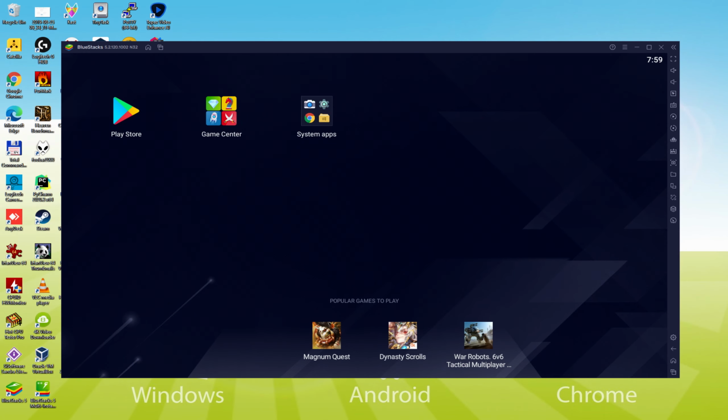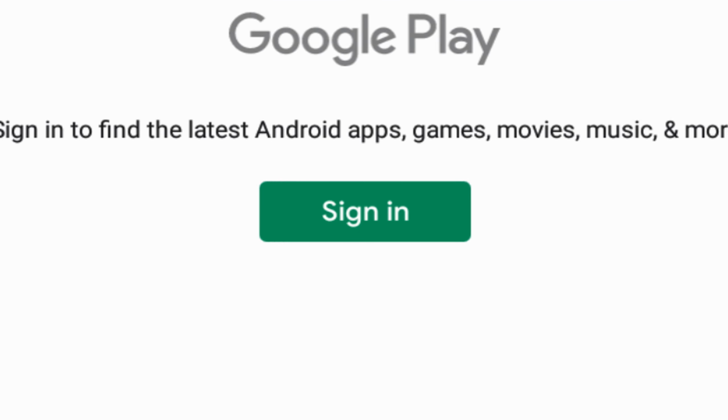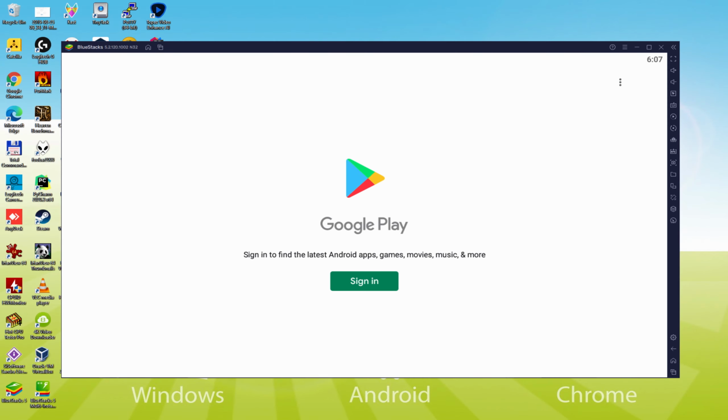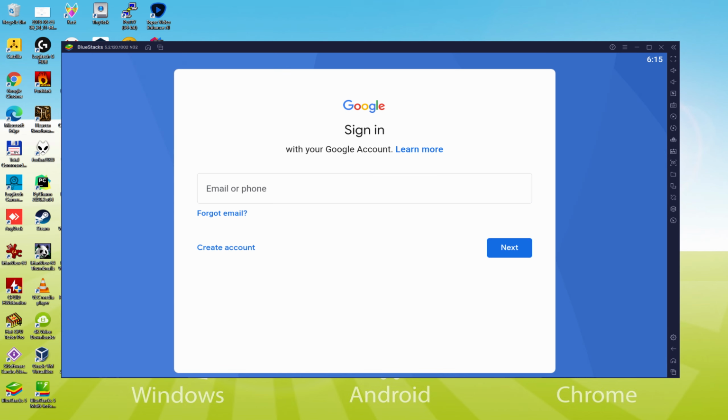Let's make the next phase, that is a must, and which is to begin browsing the Google Play Store. And we'll click on Play Store. As you can see, the Google Play is presented. In this case we must sign in. At this moment, we must perform the next step which is mandatory. So we click on Sign In. Now it announces Checking Info. It might in some cases get stuck in Checking Info, and so it doesn't move ahead. If so, you should attempt to log in after a few hours and it may most likely be repaired.